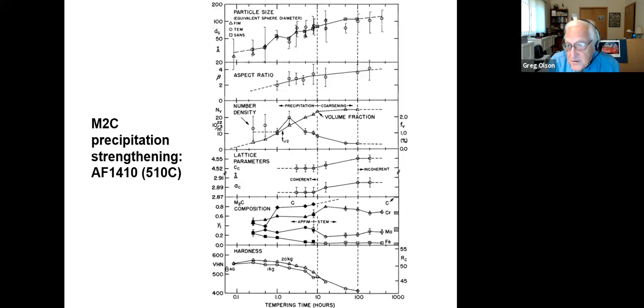It was important to acknowledge, though, that the trajectory of composition and associated lattice parameters is consistent with coherent nucleation. So it was necessary to add to the chemical thermodynamics the additional elastic energies of the coherent state. But with those insights, we were able to build out a